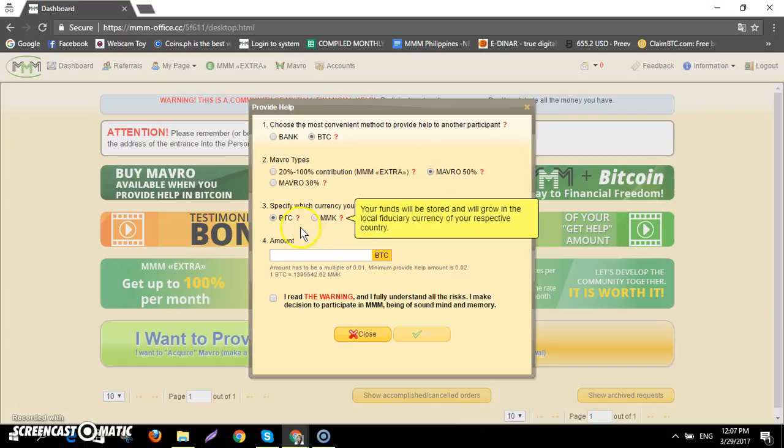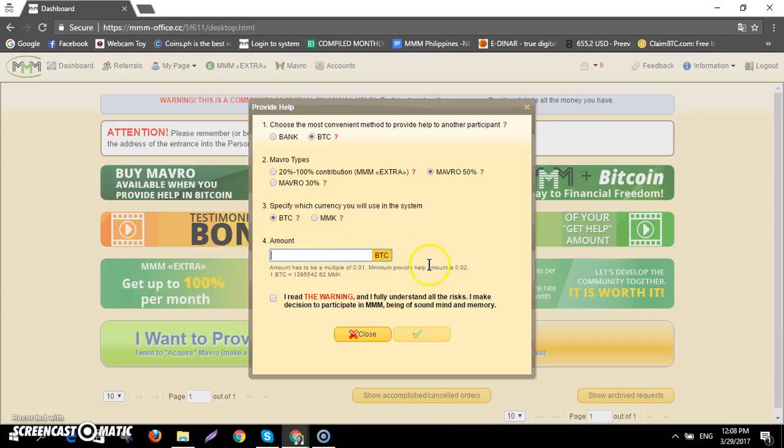After taking this one, you have to specify which currency you are going to use. Probably the account uses Bitcoin because we pledged to provide help in Bitcoin, and the settings of this account are also in Bitcoin. So automatically take this one, BTC, and then input the amount you want to PH.